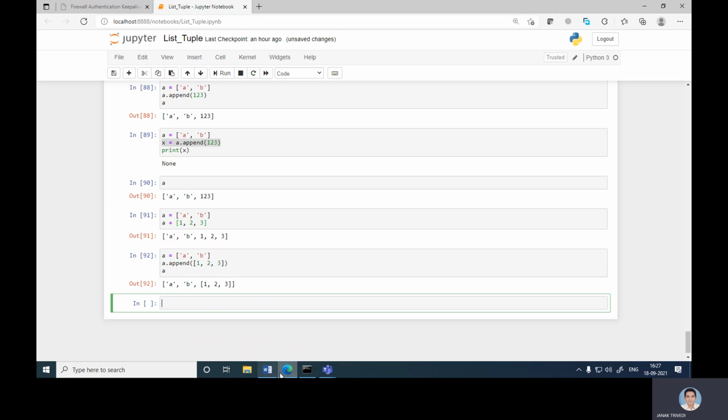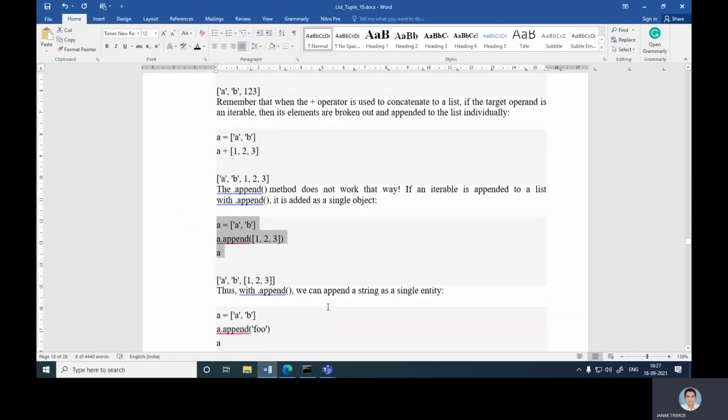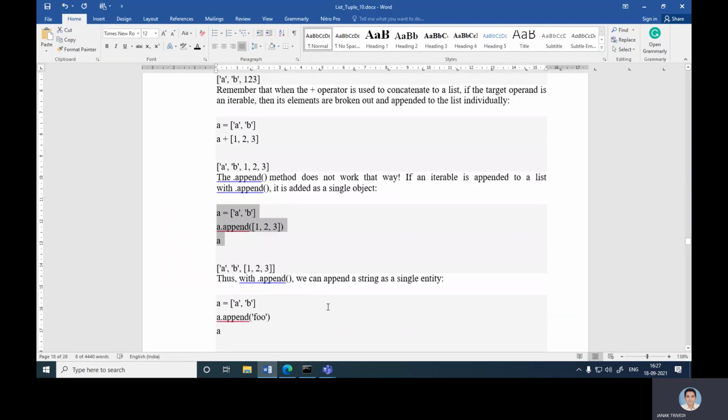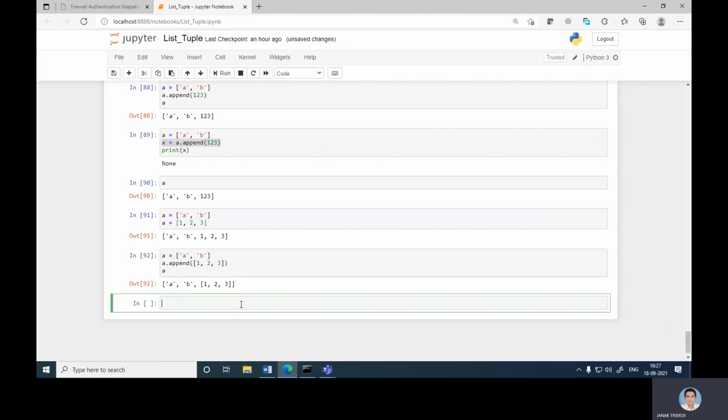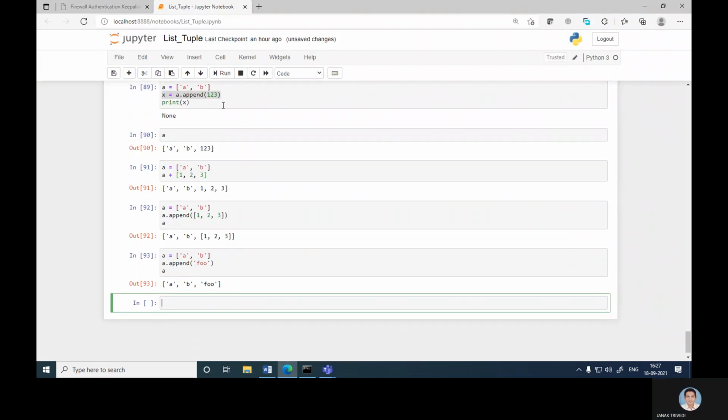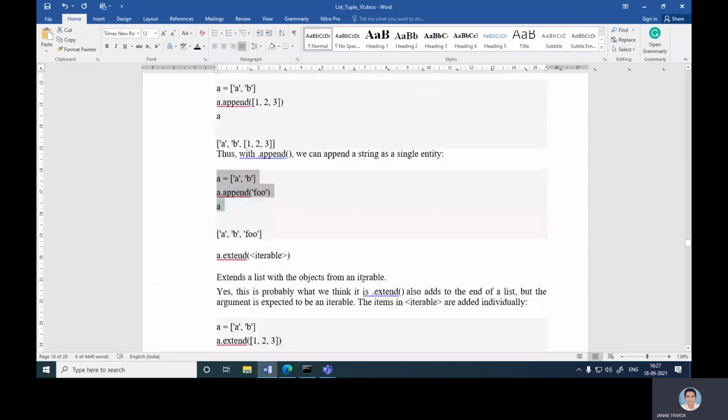So ['a', 'b', [1, 2, 3]]. Thus, with .append(), we can append the string as a single entity. Once again, an example with foo: a = ['a', 'b'], a.append('foo'), a. So in this case, foo has entered the list as a single entity: a, b and foo.